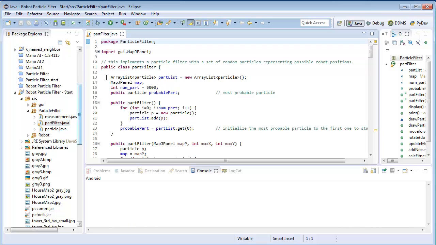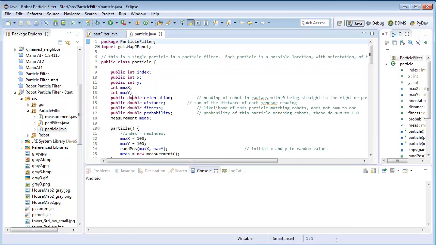So this particle filter is organized as a set of particles. There is a particle class here. Every particle has an x and y coordinate and an orientation. That's the direction it's going. We also keep track of its fitness and its probability. The probabilities sum from 0 to 1. All the particles sum to 1, and the fitness is just a measure of its fitness, and we use that to compute the probability. We have a set of measurements. We take simulated sensor measurements from the particle,